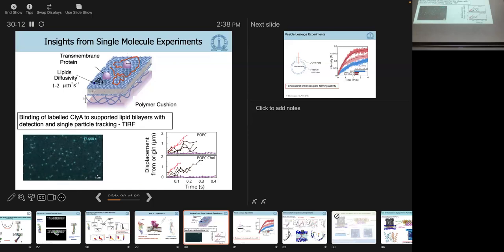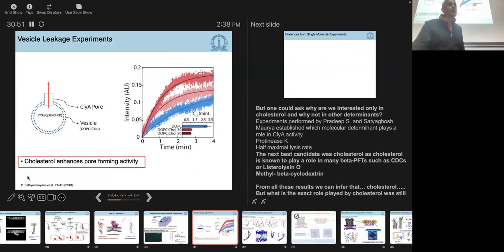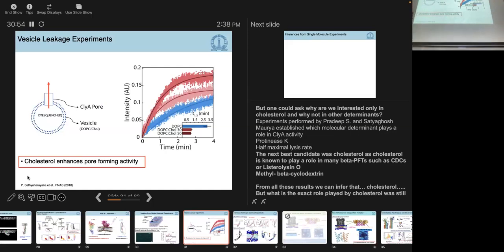Now, from this image, you image process it, and you can actually get the displacements as a function of time. And from the displacements as a function of time, you can collect a lot of information. So that's essentially what the experiments do. It's a TIRF instrument, and there's an evanescent wave, so that you're actually sampling at the bilayer interface and tracking the protein. So here, what we did was this is CLY, which has been tagged, and you do the single molecule particle tracking experiment. We also do vesicle leakage experiments to show the role of cholesterol, and erythrocyte leakage.